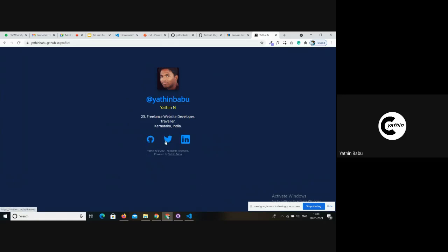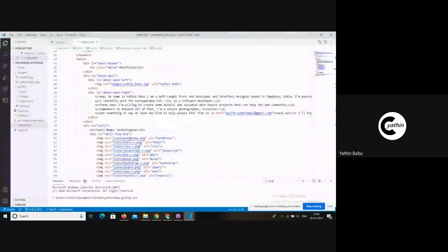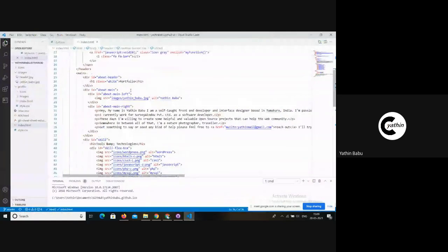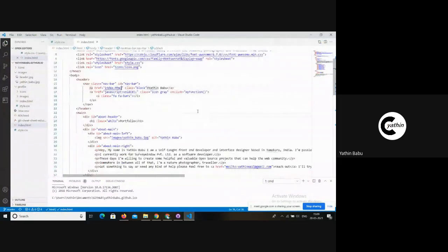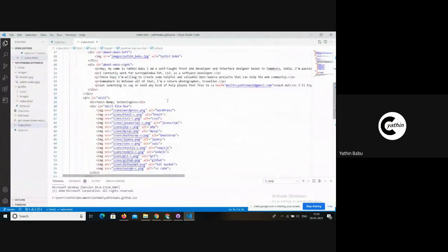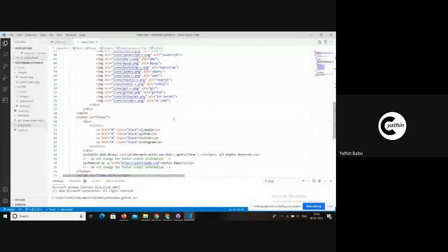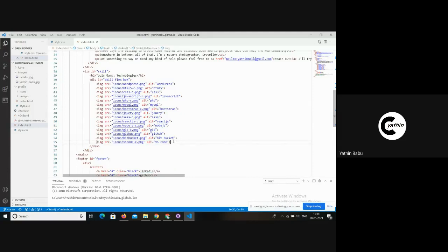Right now they are pointed to the social media accounts that I use. You can customize them later on. Let me do a few changes here, and let's see whether they get pushed to the remote repository also. Let me add a new icon.